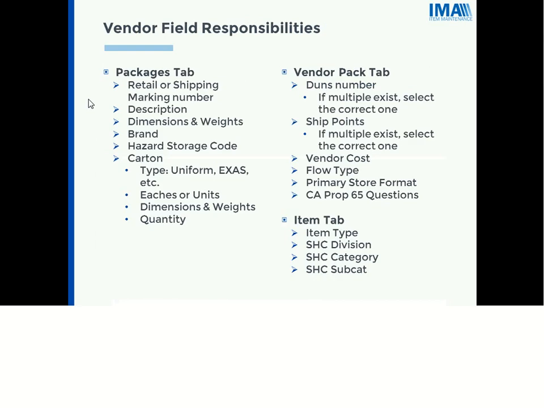And finally, vendor field responsibilities. These are the vendor fields that are system required. Now, depending on your relationship with your merchant, you may be doing a few additional fields for the business you work in, because each business can be different. Some of you may be adding some attributes in the KSN tab. Most vendors don't, but there are some that do. I know Team Apparel vendors typically add the can-carry group, but that's not normally done by other businesses. So while these are the system-required attributes, sometimes those required fields can be different based upon your business and the merchants that you work with.